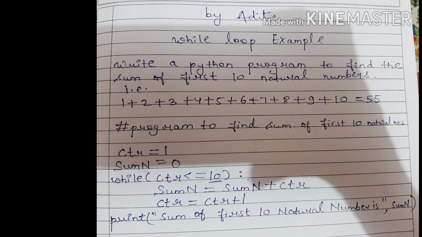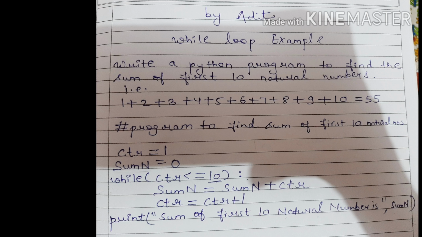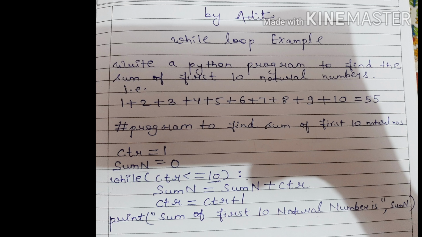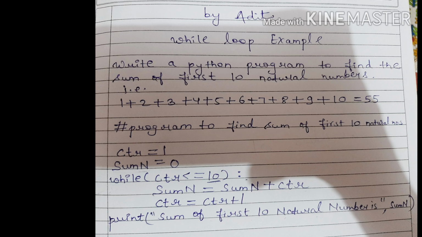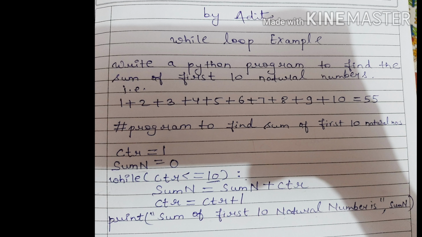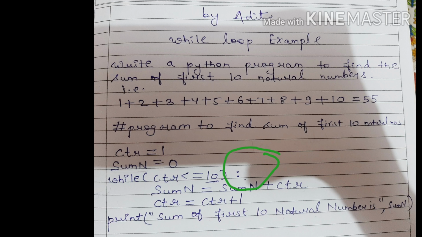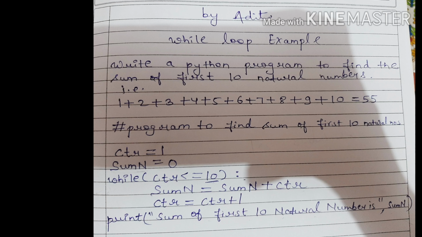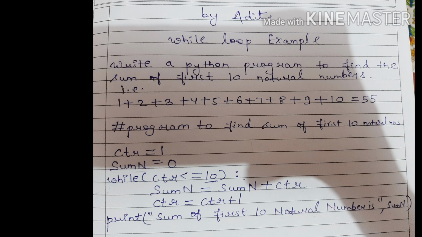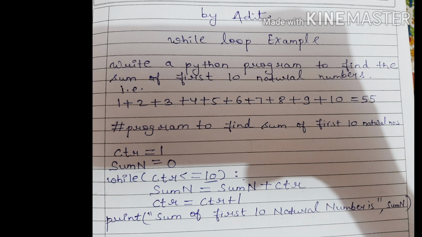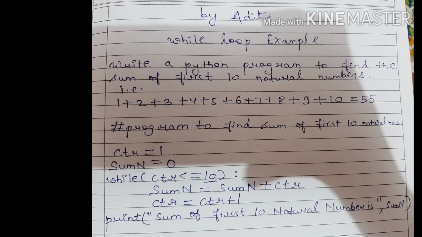In our program, the loop control variable ctr is initialized with 1. It checks for the value of ctr up to 10. The loop shall be executing till this value. Don't forget to give a colon after the test condition. Here we have taken the initial value of ctr as 1. Now the while loop will check whether ctr is less than equals to 10.